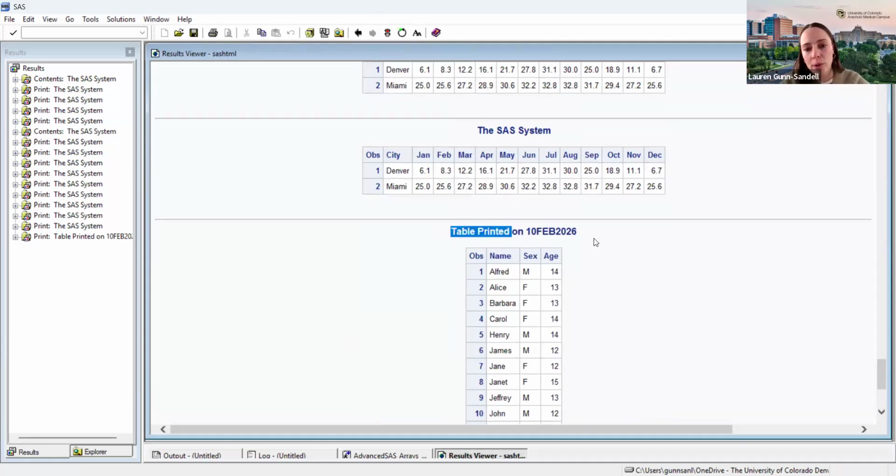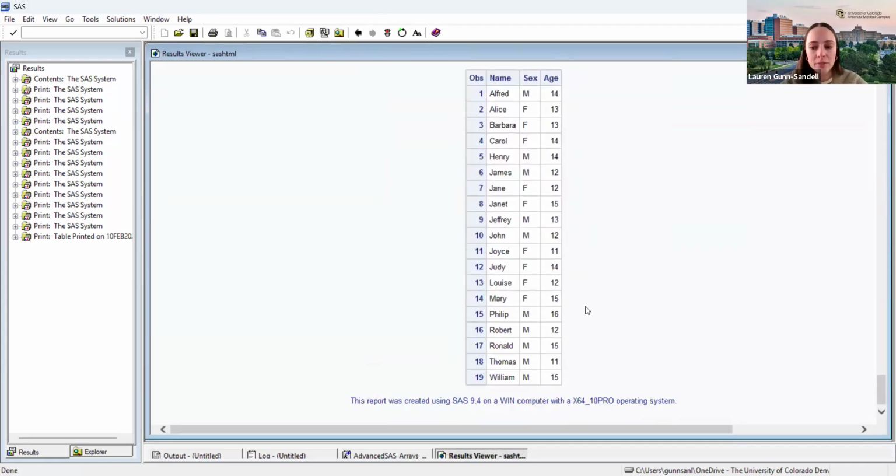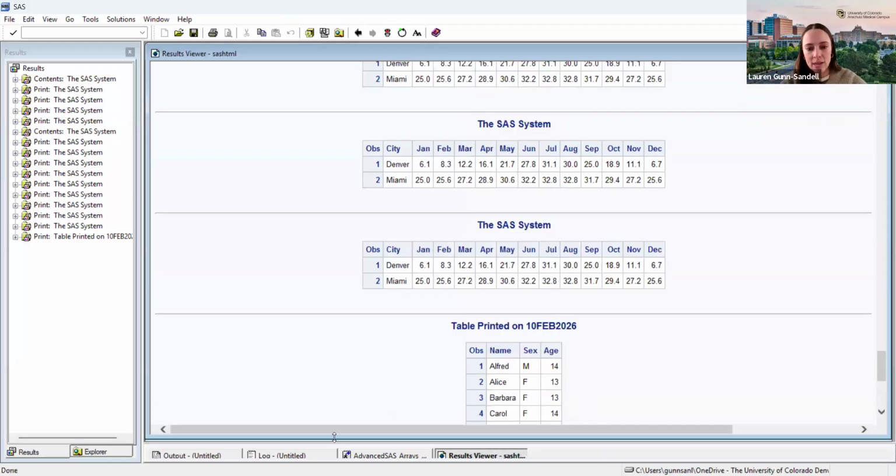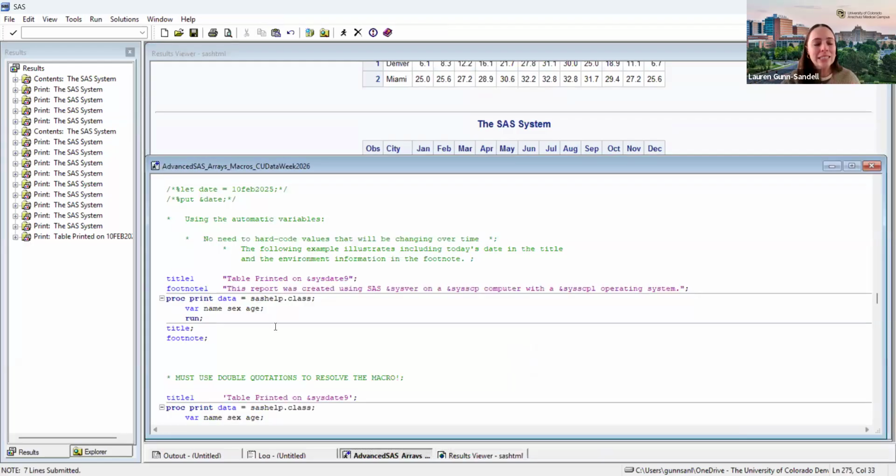So we have our title showing that this table was printed on the 10th of February using the date 9 format. And then at the bottom of the table, we can see that footnote, which now includes the numeric system version of SAS on my particular type of computer with this operating system. So with 3 different system macro variables in the footnote, and then 1 in the title, we've now completely,